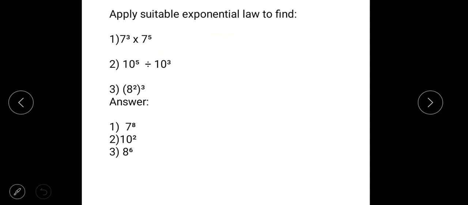First question, 7 raised to 3 into 7 raised to 5. What is the exponential answer? 7 raised to 8, right? Because we just add 3 plus 5. 7 raised to 8 is the answer. Next, second question, 10 raised to 5 divided by 10 raised to 3. What is the answer? Yes, 10 raised to, here division and same base. So 10 raised to 5 minus 3. So the answer is,